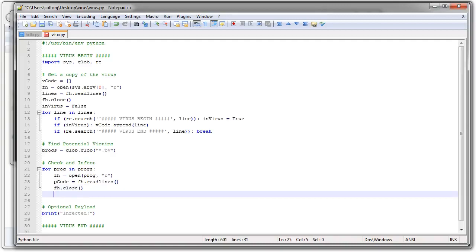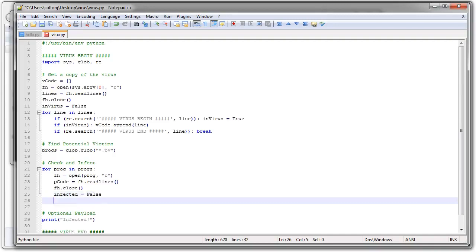So now the file is closed, and I'm going to check to see if I'm infected. Because I might be opening myself. I could be opening some other program that's infected. So I will set infected equals false. That's the assumption. It's not infected unless I find a line that indicates I'm infected. So then I go through the lines. For line in P code,